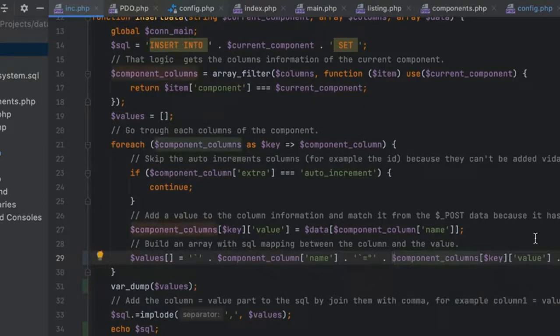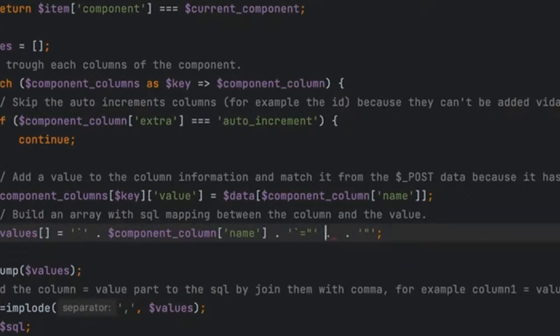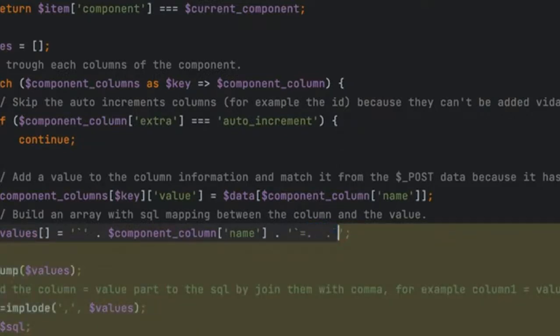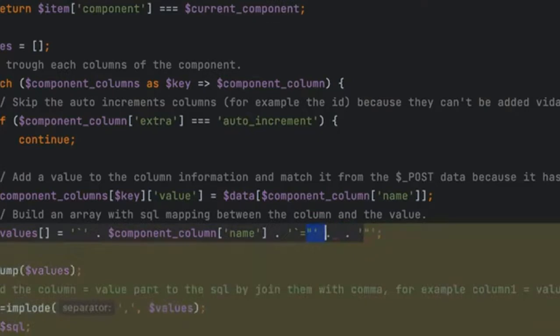What I mean is that instead of that one, I can use the following syntax here. So I don't need the quotes now because it's not a value,